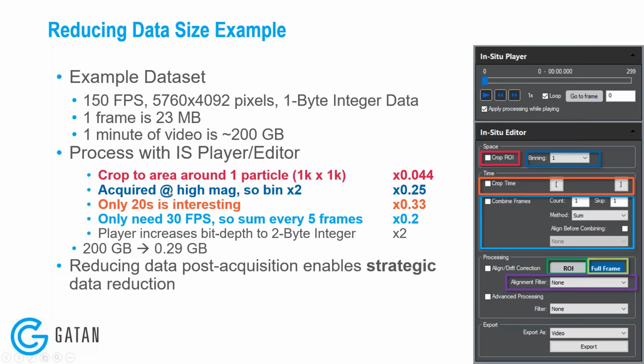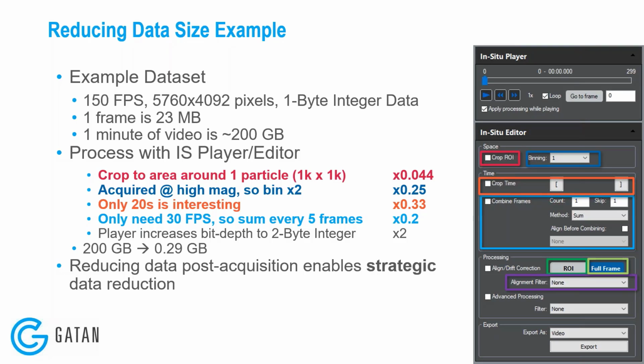So maybe it turns out you need the full spatial resolution, and so binning by 2 would actually destroy some of the information in your image. So binning by 2 would be a terrible thing to do. But since I have the entire data set already, I can try that out. I can see what happens if I bin by 2. Do I still see what I need to see in my data? If so, great. And if not, then I can just decide, never mind, I'll not bin